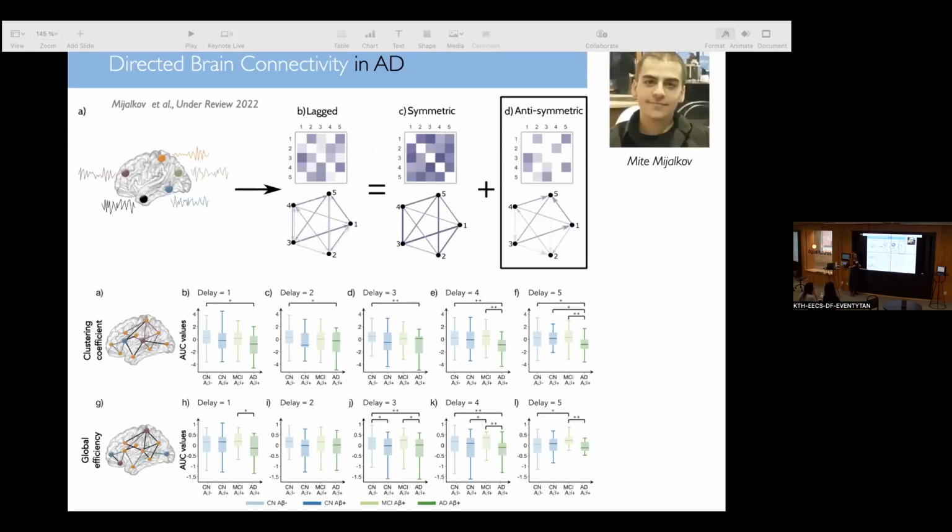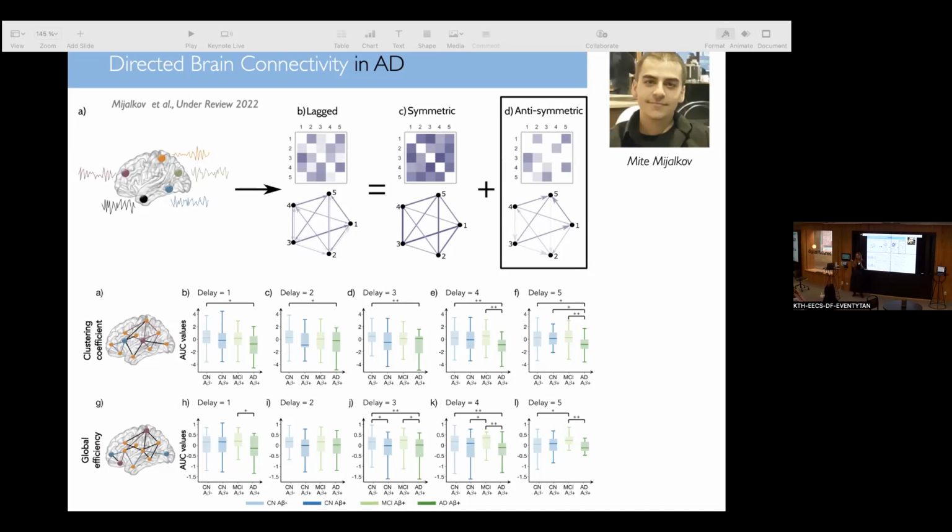So another direction that we are currently exploring through my postdoc committee is what we call directed brain connectivity, and it's simply based on the fact that we know from previous literature that brain regions are not all activated at the same time. And typically, some brain regions are activated first and followed by the activation of others. It's a physiological process that is very well established. And in order to capture this process, which is something that is not currently done in fMRI analysis,